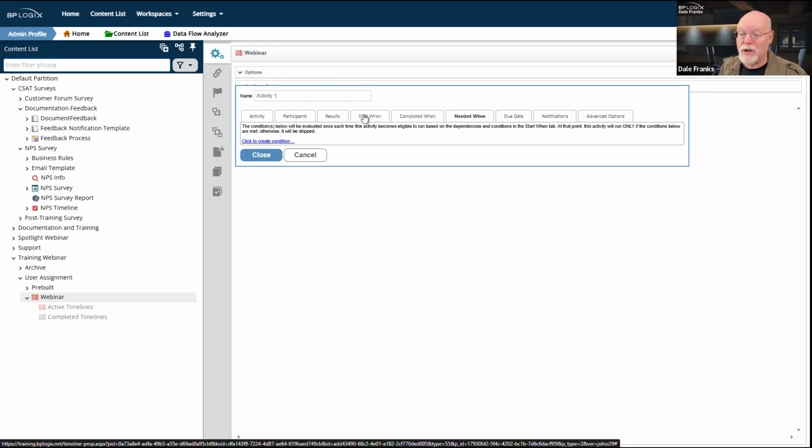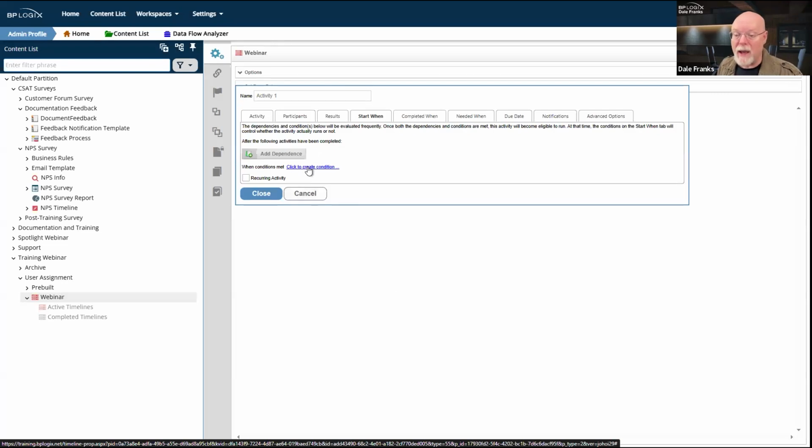Activity has started. Start when, same thing. If I have start when conditions, in addition to any dependencies that I might have, if that start when condition is met, that activity starts. And it will not stop or end or anything else if that condition changes while the activity is running.